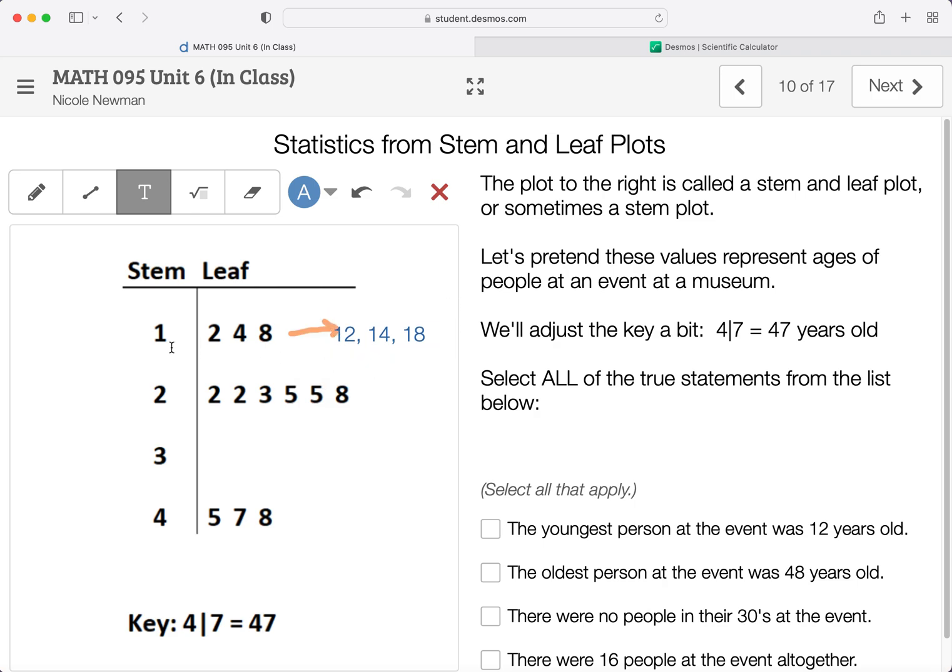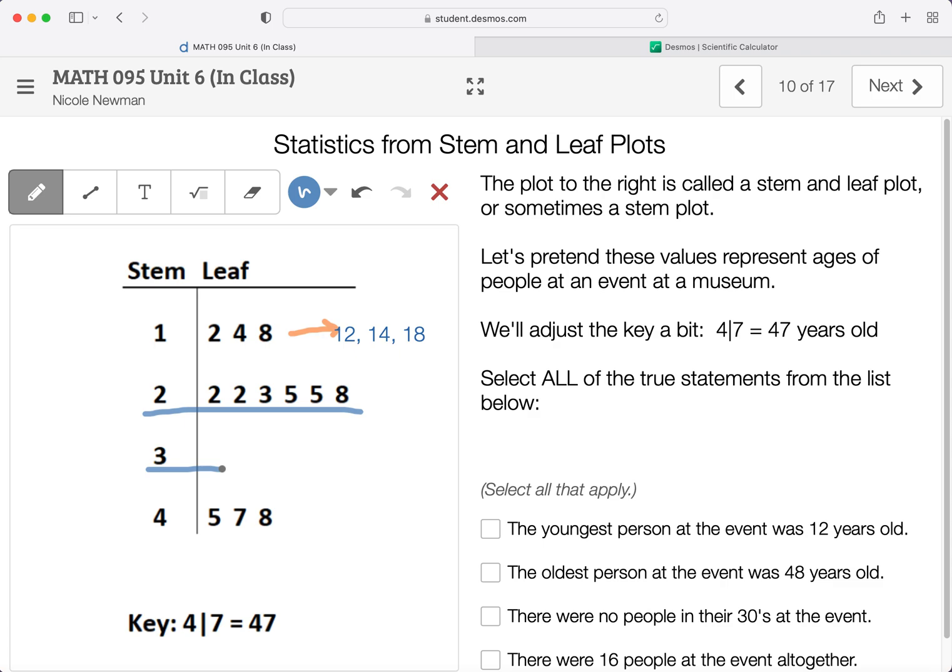All right. So with a stem and leaf plot, what a person is trying to do by using it is to organize all of the data points in a way that they go in order, and we can kind of see where the pileups of data points are. So you'll notice that the row here that has the 2 on the front, on the left-hand side, there's a lot of things in that row, but then there's nothing in the row that starts with the 3 for the stem. So stem and leaf plots can give us an idea of where our data points are bunched up,